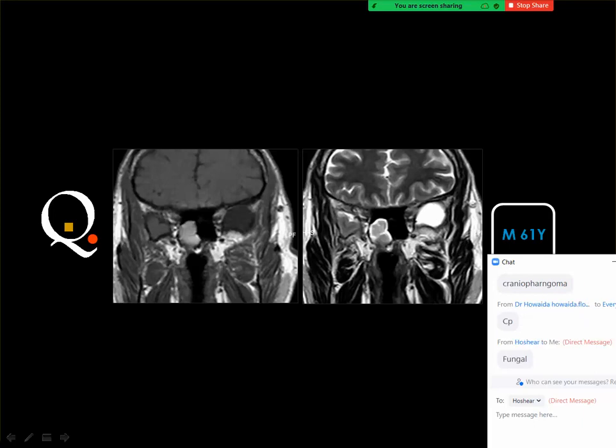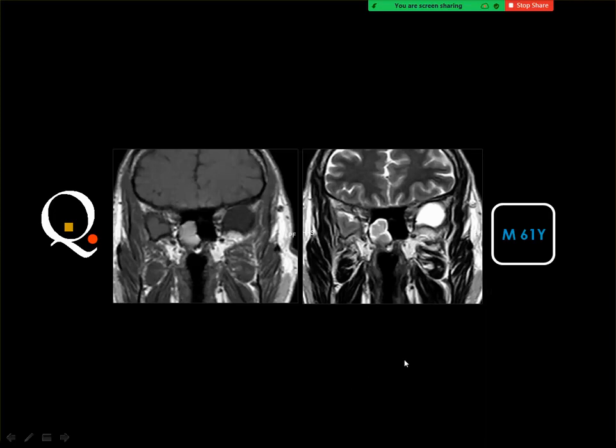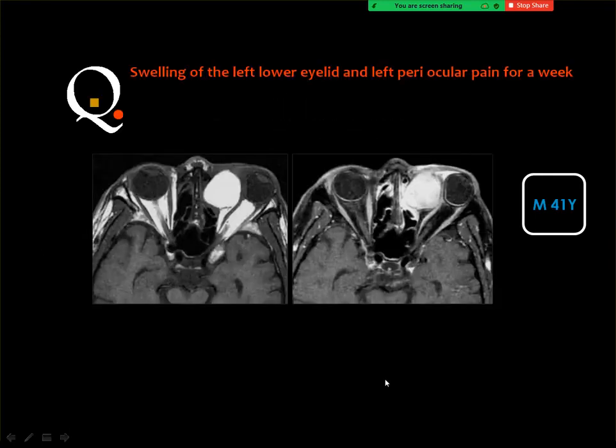Yes, and the answer is right. This is fungal sinusitis, and you got what looks like a polyp inside the sphenoid sinus. The polyp is relatively hyperintense in the T1 weighted image and is dark in the T2 weighted image with a rim of hyperintense signal. This is the regular inflammation, and this is the fungal infection, which is of relative dark signal in the T2 weighted image. Next case is a male patient, 41 years old, with swelling in the left lower eyelid and